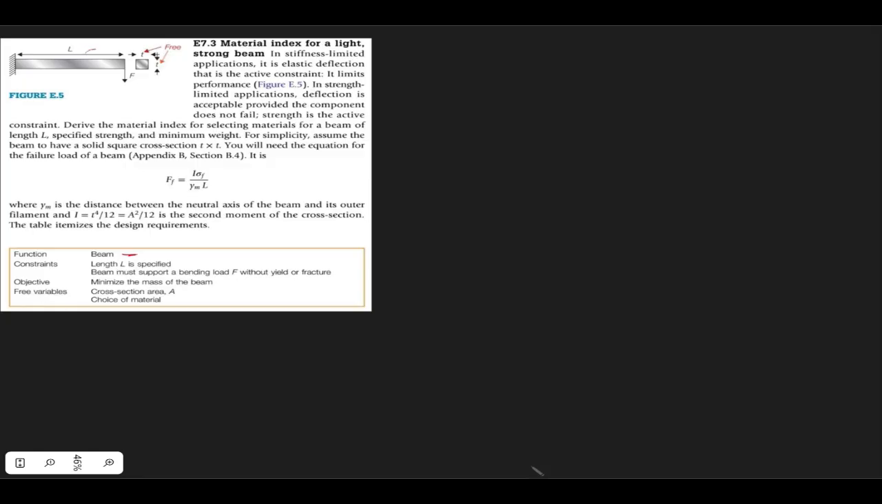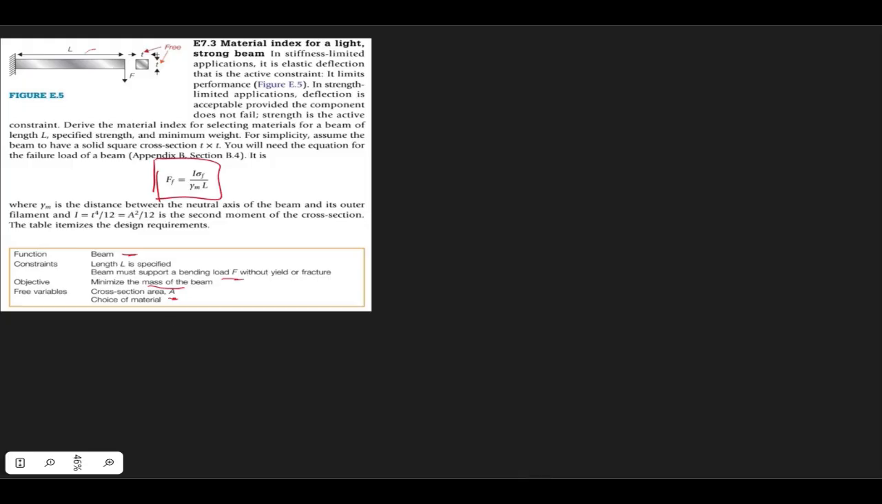One of the constraints is that the beam must support a bending load F without yield or fracture. So the bending load F of a beam is giving us this equation over here, which they have already given to us. And the objective function is to minimize mass M, and the free variable is the choice of material and the cross-sectional area A. Since the free variable is giving us area, that means we have to follow all the steps in deriving